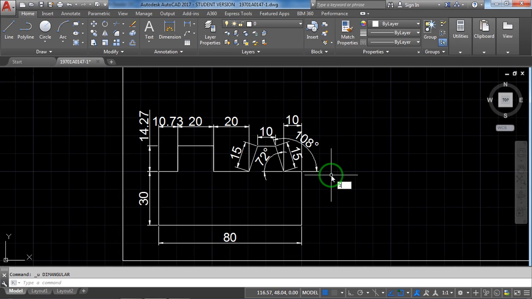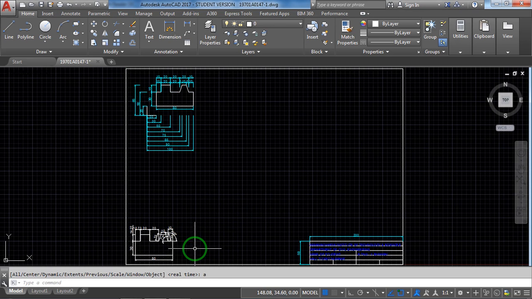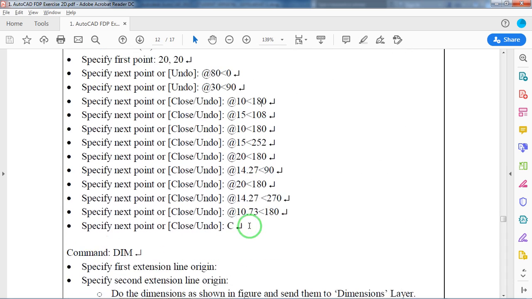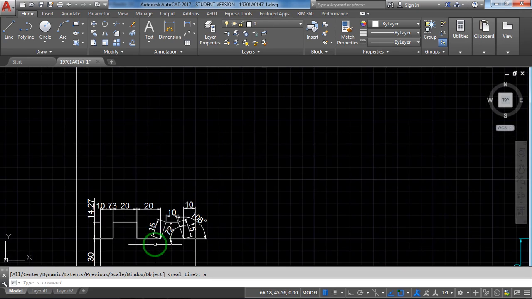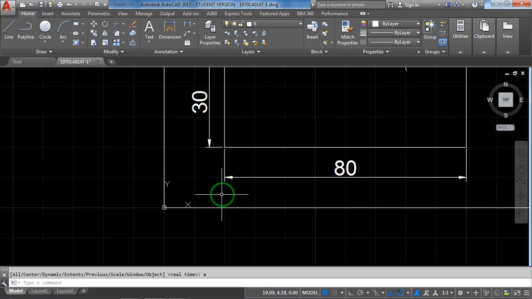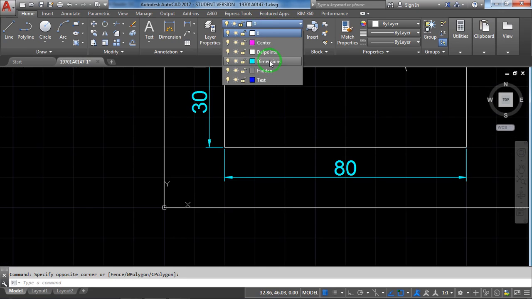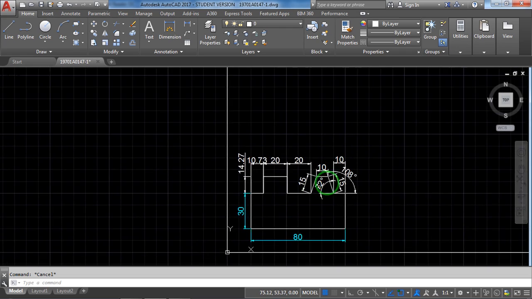See guys, this is not so tough, right? As usual, we'll take all the dimensions to the dimension layer and finish off this exercise. Don't think it's tough. With practice, we'll feel it's very easy, when you know how to edit, right?